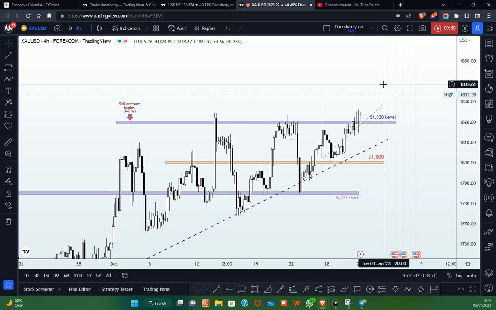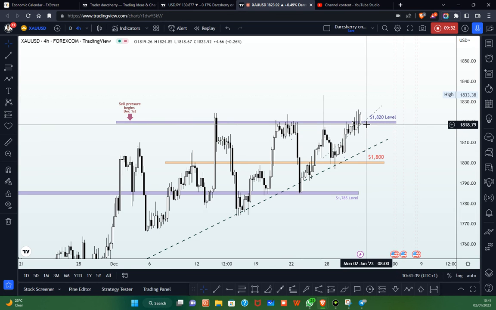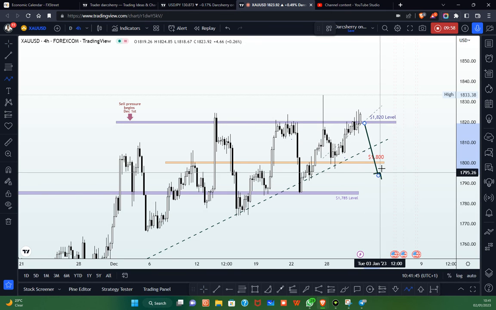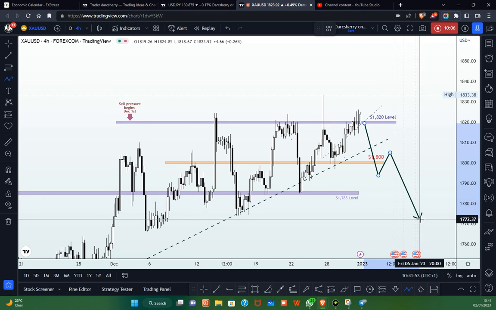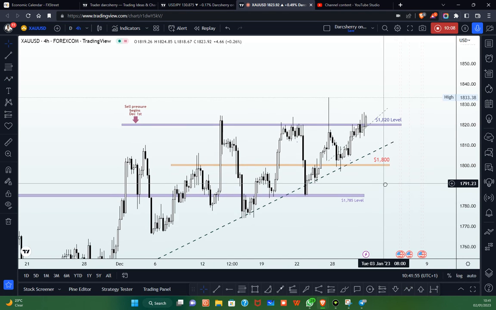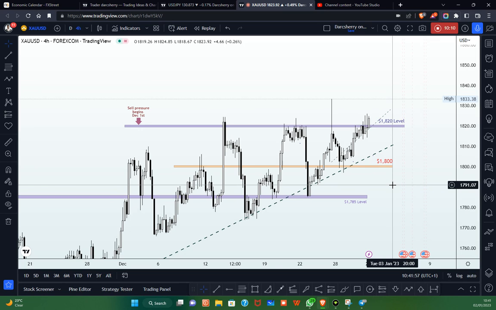And if selling pressure comes below the 1,820, we continue to look out for selling opportunities, which, if we further break down of the bullish trend line, $1,800 level, then we want to be adding more position to the sell position we are already in. So these are my scenarios here, and I would like to pause the video at this point,